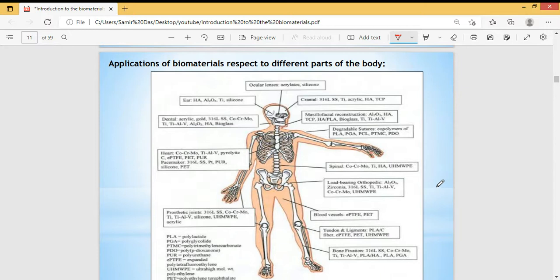Some are linearly elastic, some are not linearly elastic. So based on these different zones of our body, we have used